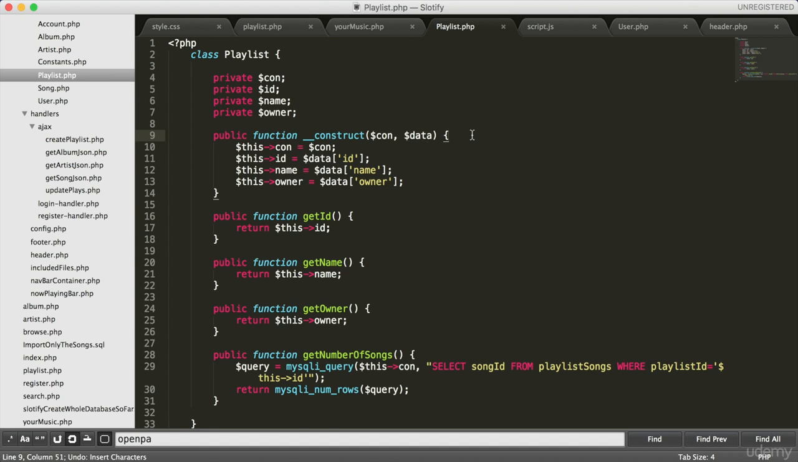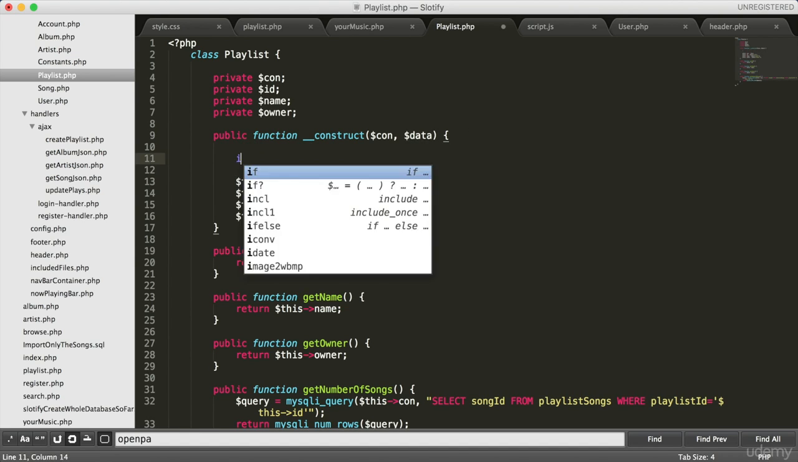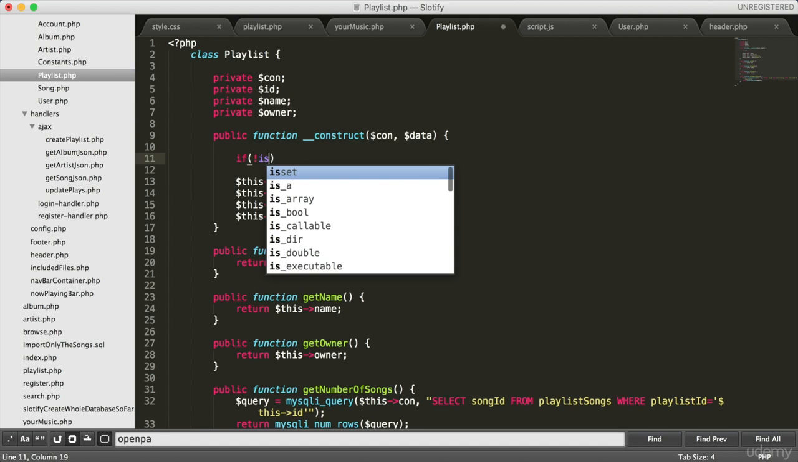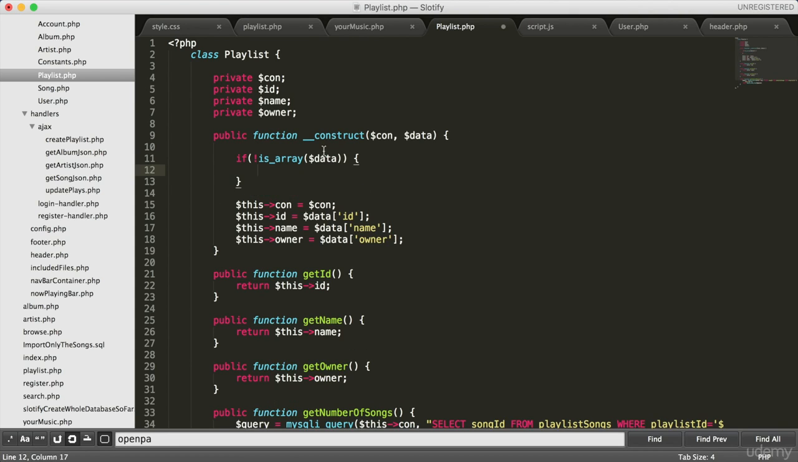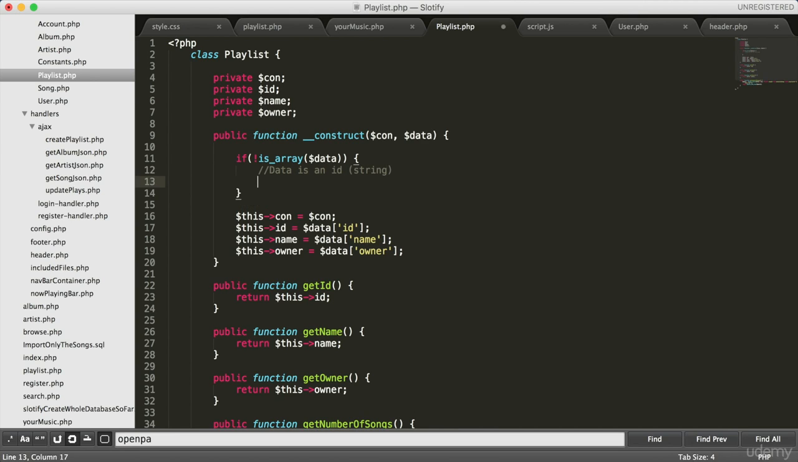So the real simple way of doing that, we can just say if not is_array like this, and inside there just put data. And what this is saying is if the data that was passed in is not an array, that means they've passed in an ID. So you can say data is an ID string like that. We can just execute the query ourselves. So we can say